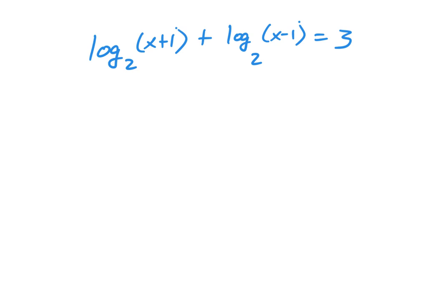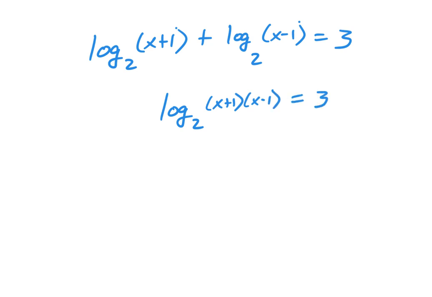But I want to get this into one single log. Right now it's 2 separate logs. I want to combine those together to get into a single log. And so we did a lot of problems on Friday where we said, combine this together into a single log. That was one of the ways that we expressed it. Because these have the same base, we can do that. When there is a plus sign in between, what are we going to do with those 2 expressions? Multiply them, okay? So this would be the log base 2 of x plus 1 times x minus 1